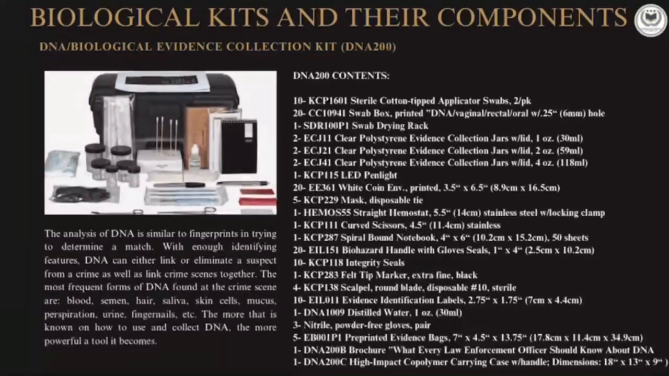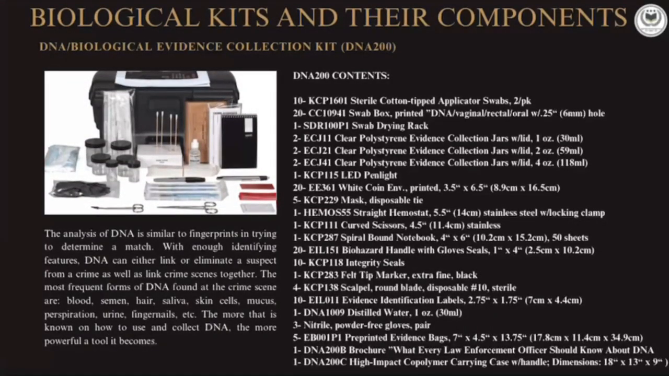DNA Biological Evidence Collection Kit, DNA 200, is designed for efficient extraction and purification of DNA from various biological samples, making it a valuable tool in forensic investigations. Components of the DNA 200 kit are sterile cotton tipped applicator swabs, swab box, swab drying rack, clear polystyrene evidence collection jars, 1 to 4 type, LED pen light, white coin envelope printed, disposable mask, tile, straight hemostat stainless steel,